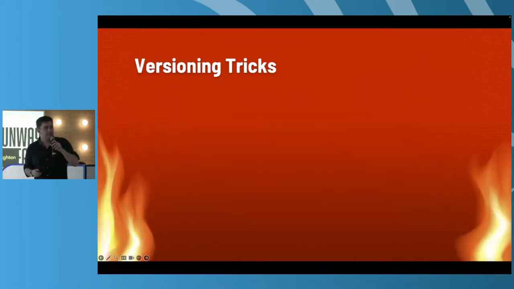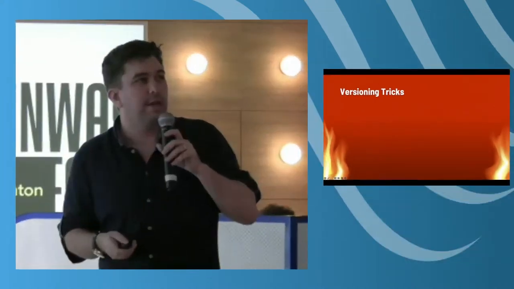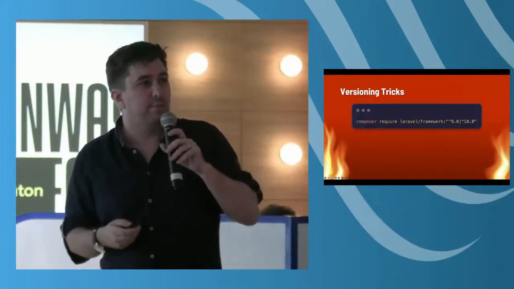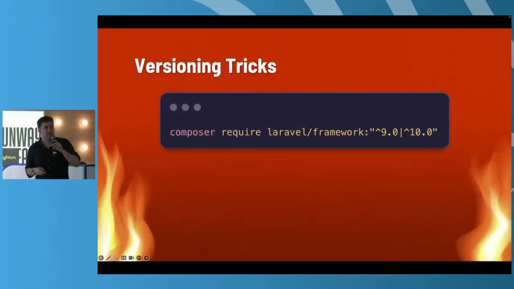There's also some versioning tricks you can do with Composer that just might make your life a little bit easier. So first one is requiring 2 versions. So instead of having to deal with like, oh, it's only locked to a particular major version, you can tell the composer.json to allow either of these, and then that way you can use Composer update to kind of swap between versions quite easily. It can make life a bit easier while you're doing upgrade work.